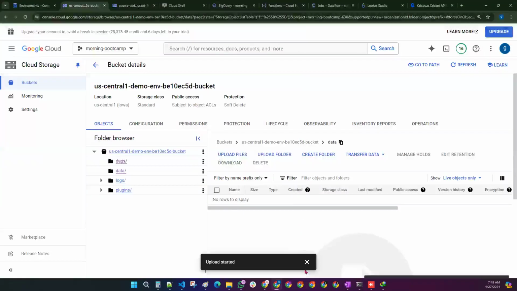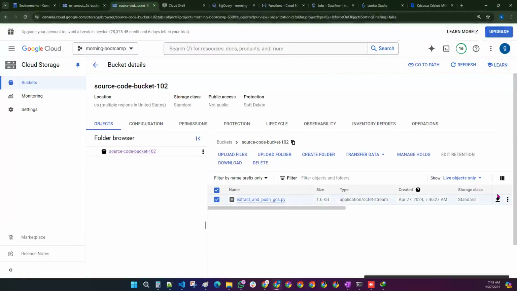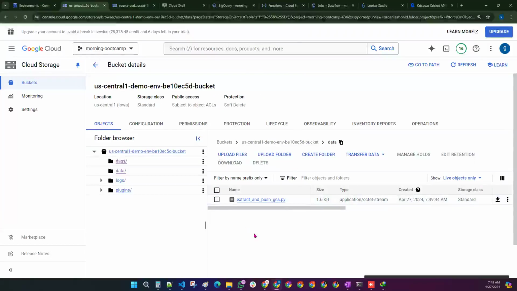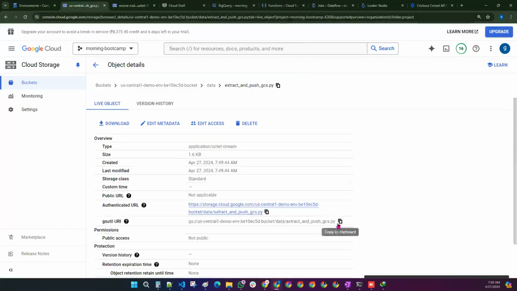Extracted at push. So this file I'm going to put it here, so that it can be easily accessible within the Airflow managed bucket itself. That's the reason I have put it here. Earlier we created this bucket, that is not required actually, but you can put it here. Copy this particular path. So I'm copying this particular path, guys,